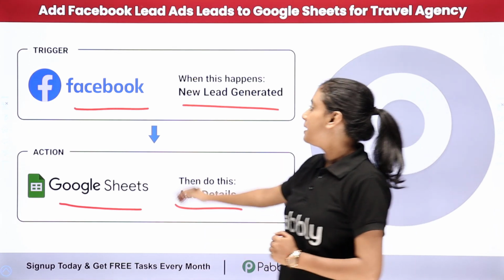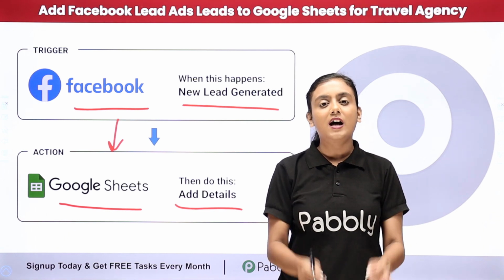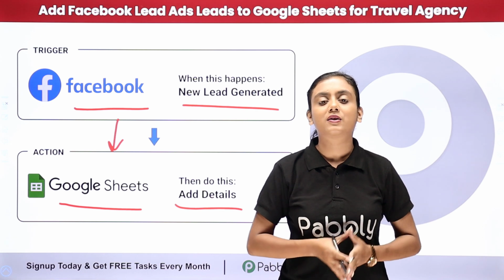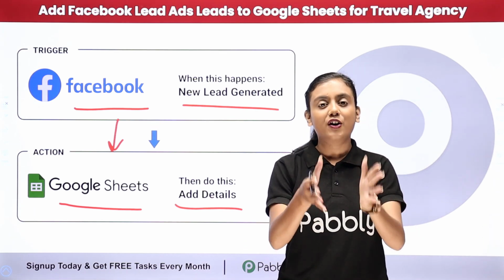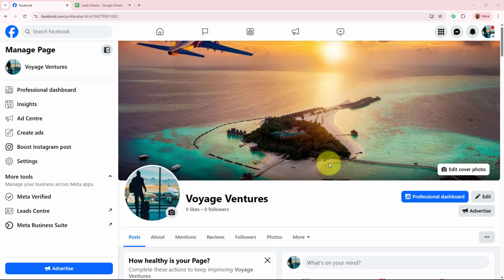For that, I'm going to build a connection between Facebook lead ads and Google Sheets using Pabbly Connect without writing a single line of coding and programming skills. So if you want to learn about this automation step by step, for that, let me take you to my screen. In this video, we're going to learn how to add Facebook lead ads leads to Google Sheets for travel